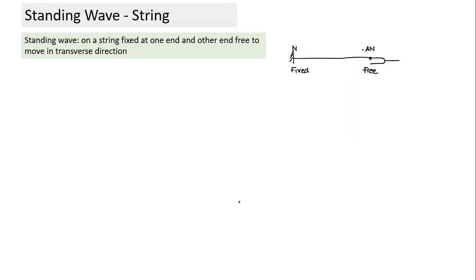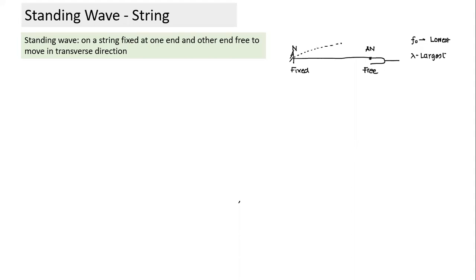So if it is a node and anti-node, what would be the fundamental frequency? Fundamental frequency corresponds to the lowest frequency. If frequency is lowest, wavelength is largest. For largest wavelength, how would the wavelength be largest? When the number of nodes and anti-nodes between the two ends is minimum. So there's a node, there's an anti-node, and if there's nothing else in between, the wavelength becomes largest.